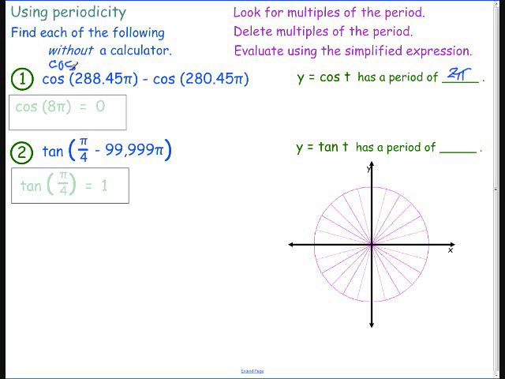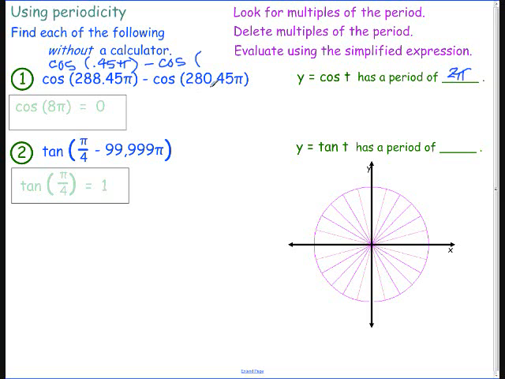Cosine, clearly 288, which is an even number, can be divided by 2, and that'll leave me with the cosine of 0.45 pi minus the cosine of